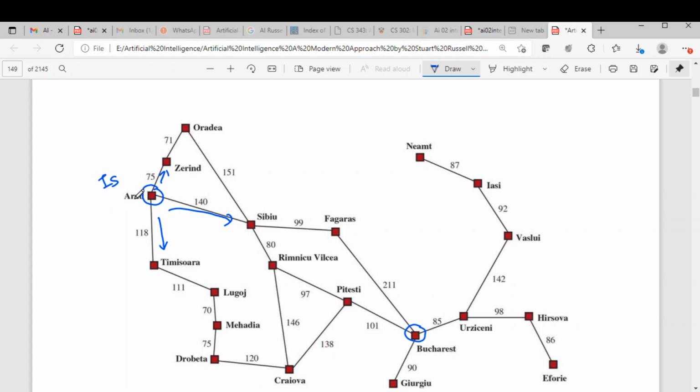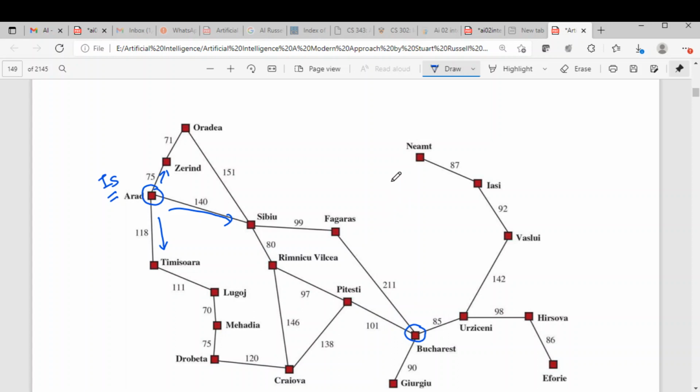Let us assume that way, because currently the agent is in Arad only. It only knows that it can reach Zerind, it can reach Sibiu, it can reach Timisoara. At what cost it can reach them, it does not know. After reaching there, if it takes this path, then it knows that okay, it cost 140. So currently it does not know the cost of reaching the places. It only knows that it can go to any one of these three places. So where should I go? The agent will choose that destination from where it can reach the final destination at a cheaper cost. So that is called a greedy algorithm.